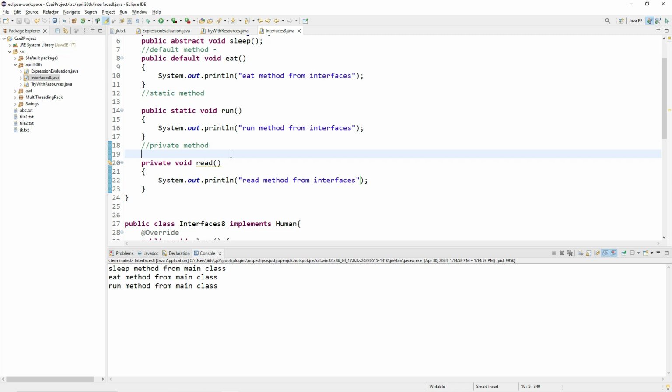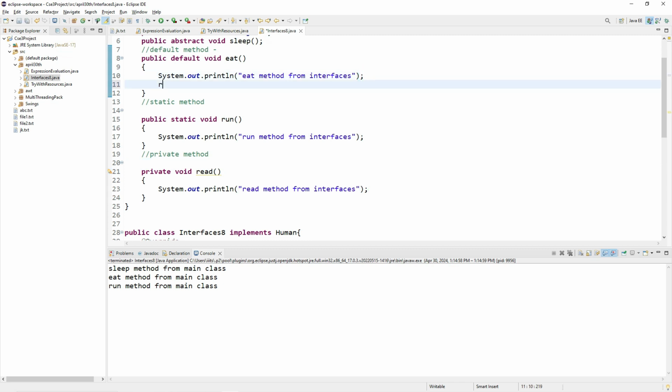Sometimes certain methods want to use certain methods inside the interface itself, then I can go for a simple read method. For example, the eat method wants to call the read method. A method is something like a piece of reusable component. If they want to use it in multiple methods,